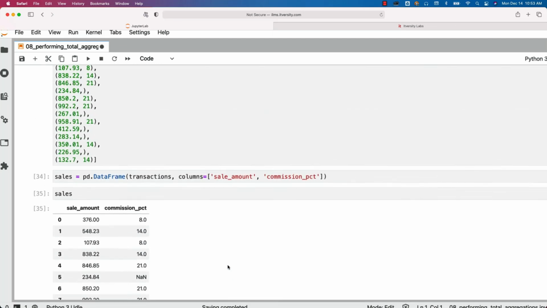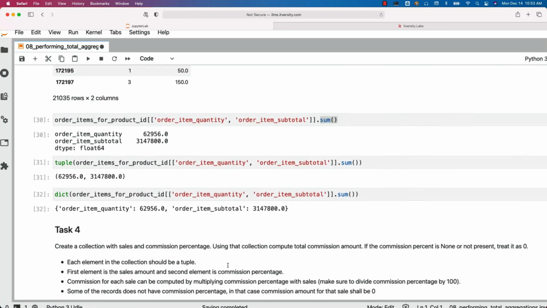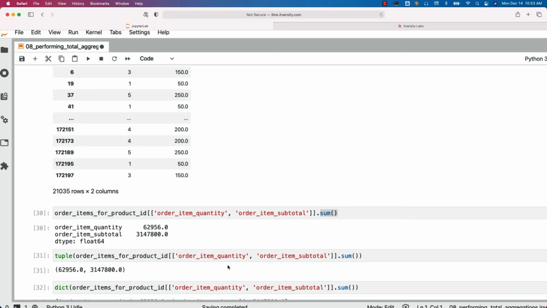This is how you should be able to perform total aggregations using APIs that are available on top of data frames. Here, keep in mind that whenever we are trying to access individual attributes from the data frame, they are typically accessed as series. Whatever functions that are available on top of series, we should be able to explore them and use them to solve our problems. The understanding of the relationship between pandas data frame and series is very, very important. If you get that, you should be able to come up with solutions fairly quickly.